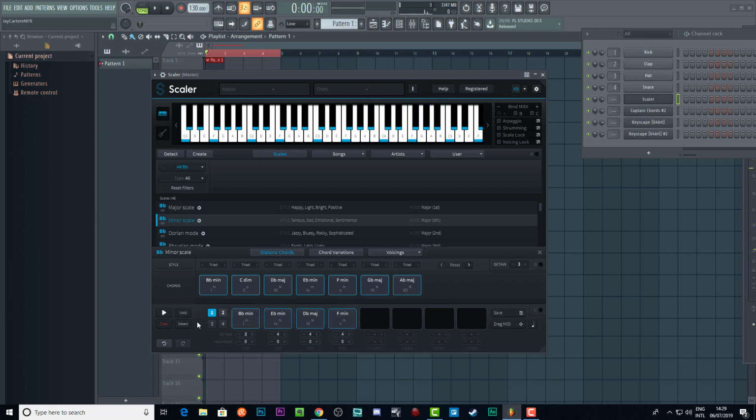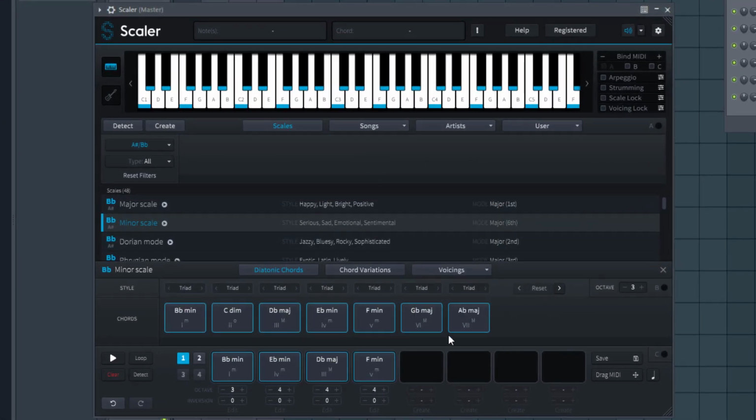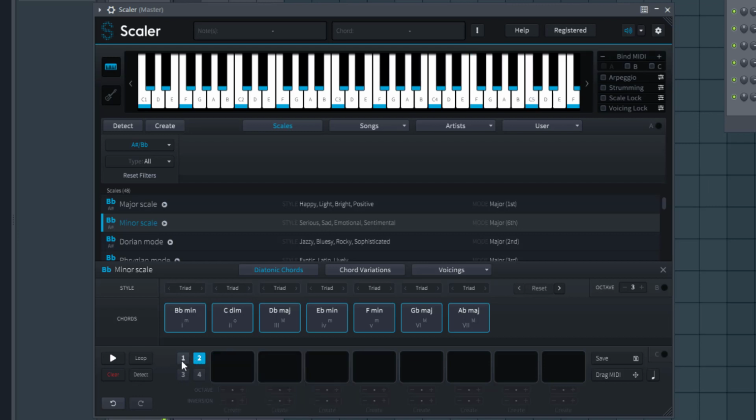Doesn't sound great. And if we want to just start with a random chord progression, there's a few, but we can't just get a specific chord progression in this scale, which I really don't like. You can only pick presets from scales that they put the presets in. That's not a beautiful way to do this. And you can't change the phrasing, so you can't make the chords stay for longer than the bar. It's always on this rhythm,